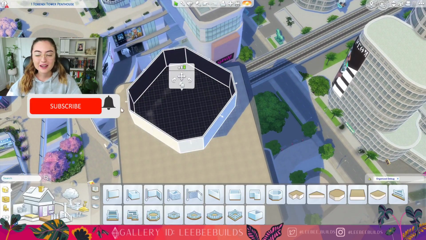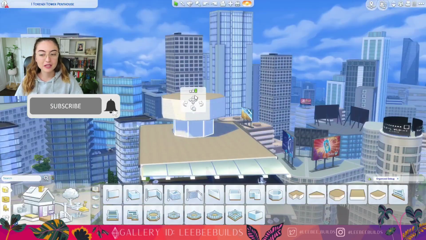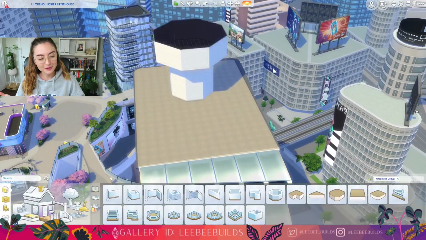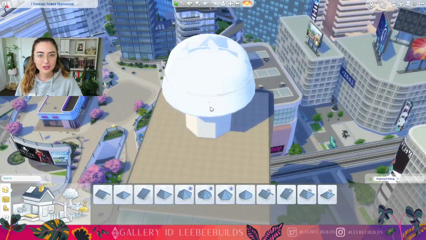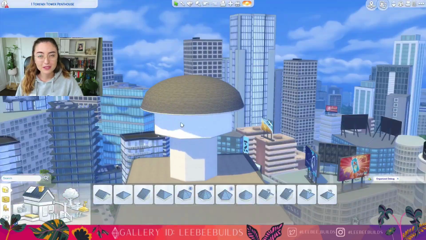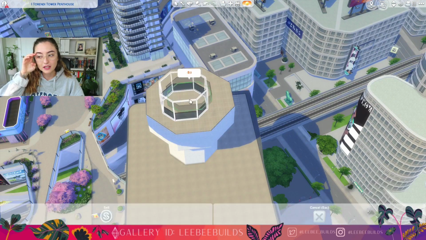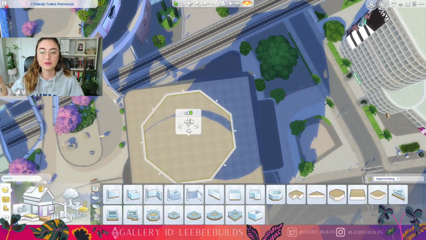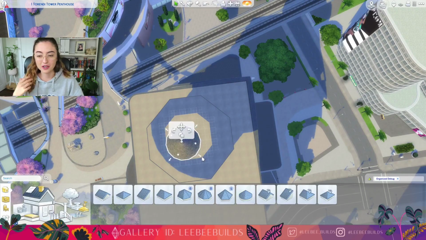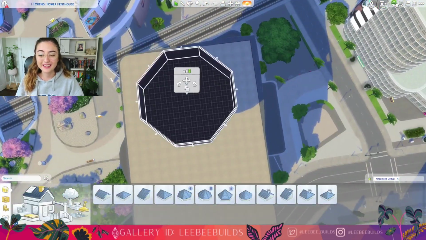So I've decided I wanted to play around with the Star Wars pack, but actually build with it, because I am a builder in The Sims 4, that's what I do, that's what I love. And I finally got around to doing my first Star Wars build, and even though the pack is very designed for Batuu or Tatooine style builds where it's very desert-like and brown, I decided instead to go for